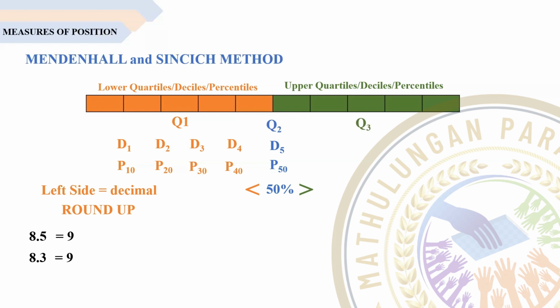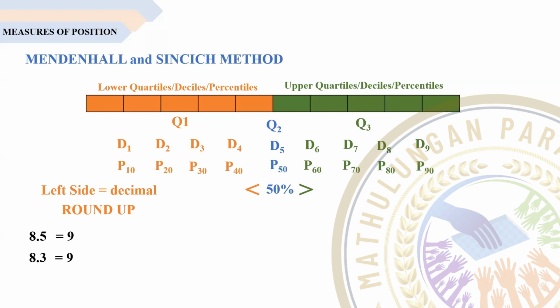In decile naman, let's say we have decile 6, decile 7, decile 8, and decile 9. And in percentile, from percentile 51 to percentile 99, such as percentile 60, percentile 70, percentile 80, and percentile 90. If that is the case wherein we are looking for the position more than 50%,